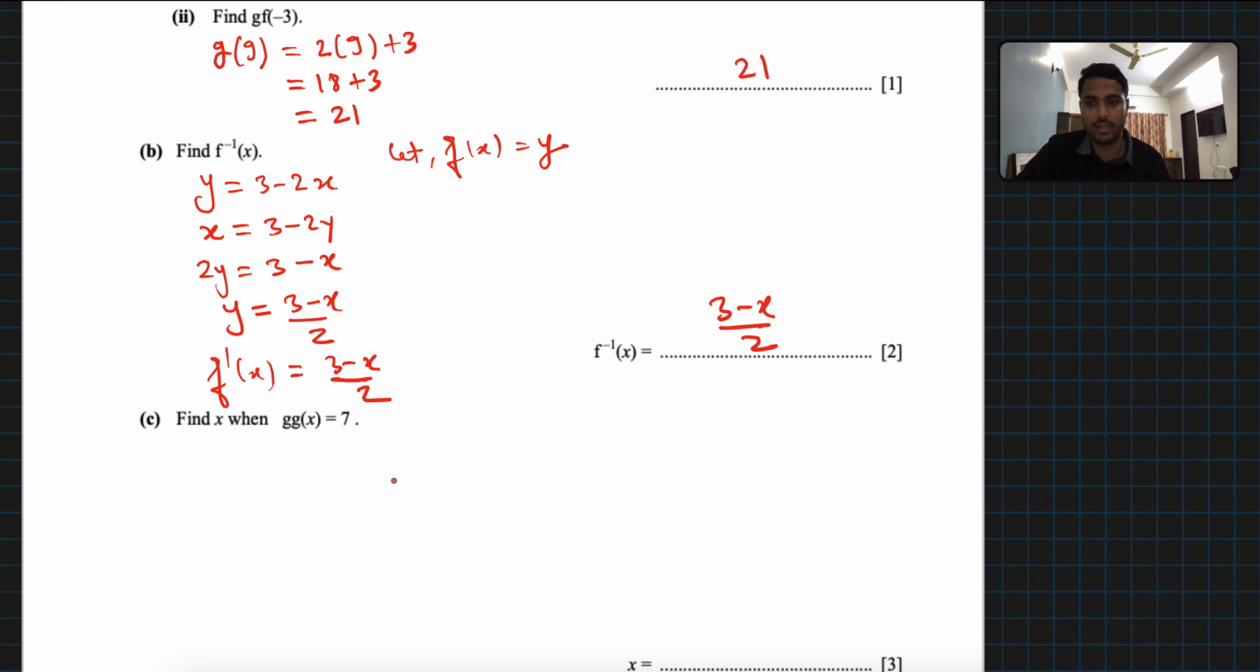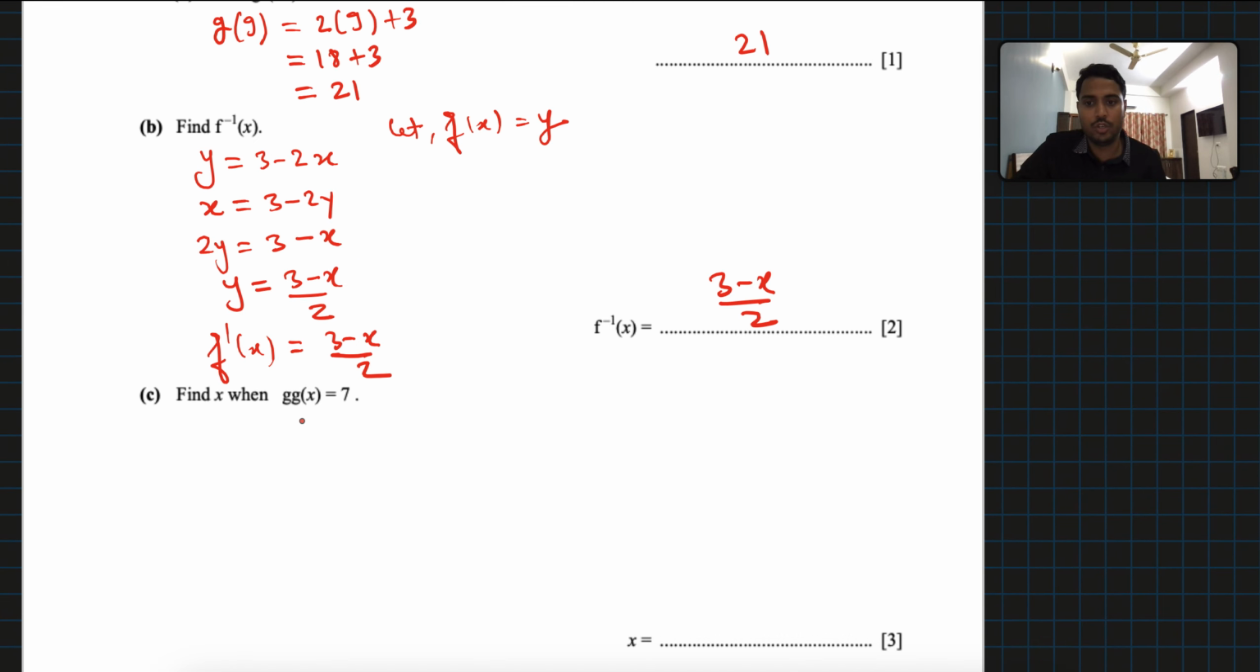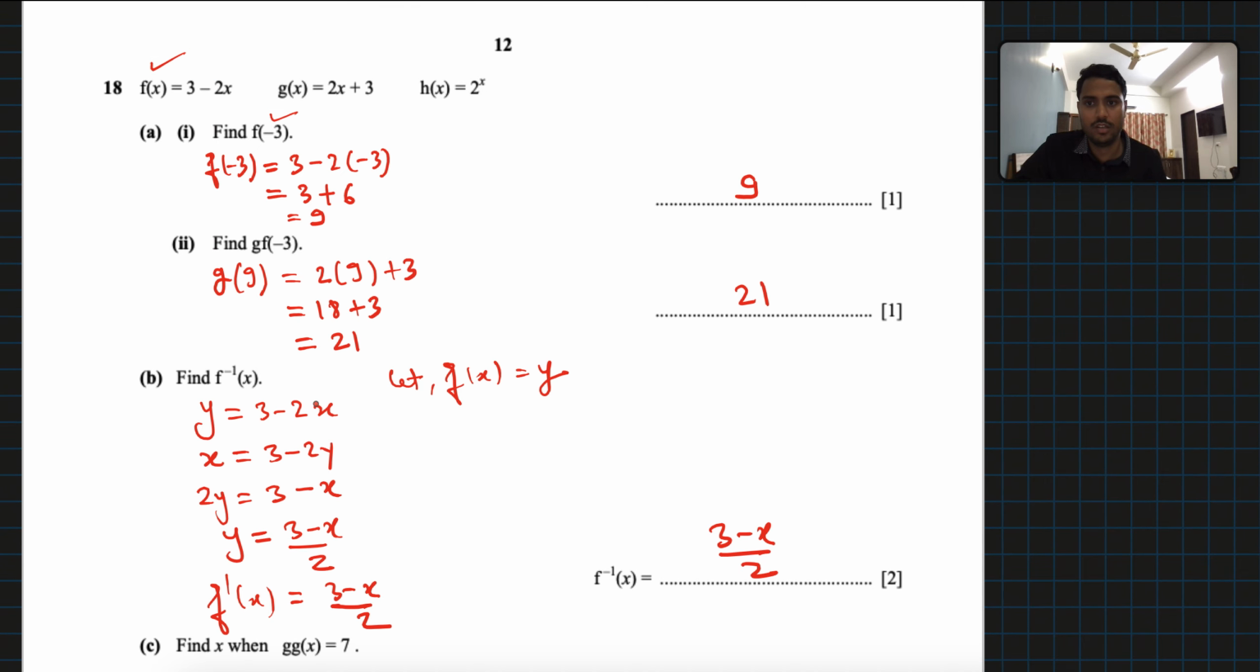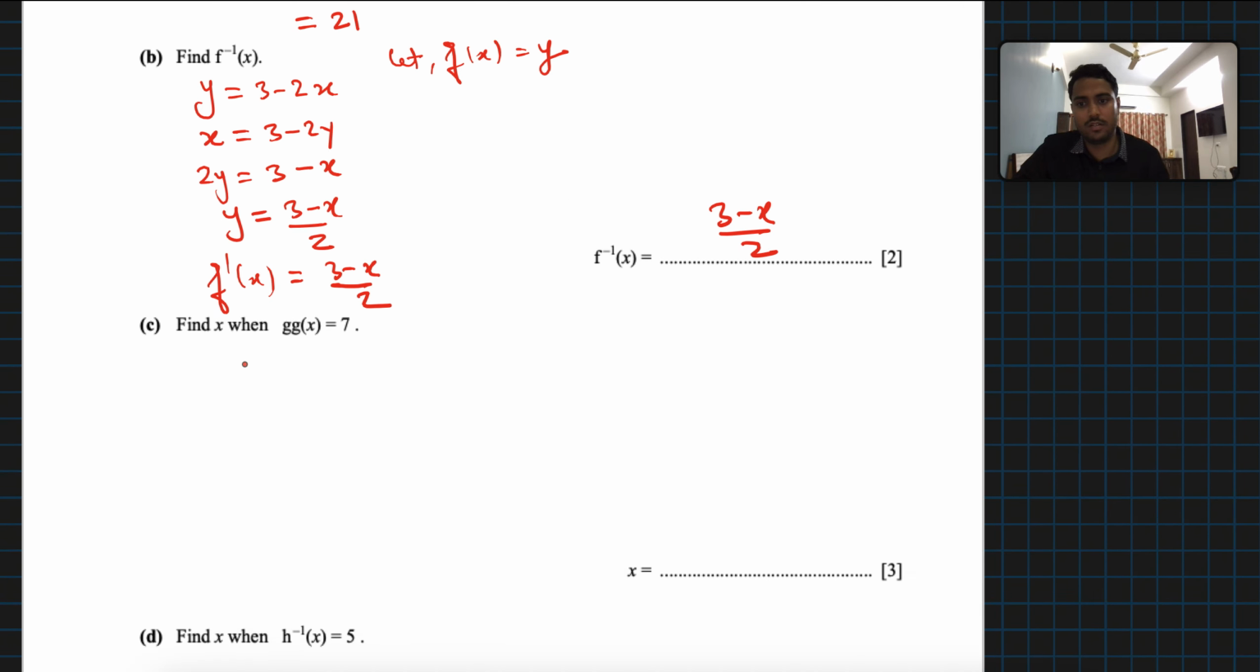Let's move on to the other part. It says find x when g of x is 7. G of x is 2x plus 3. So first of all, g of x is 2x plus 3. So g of x is 7. That means